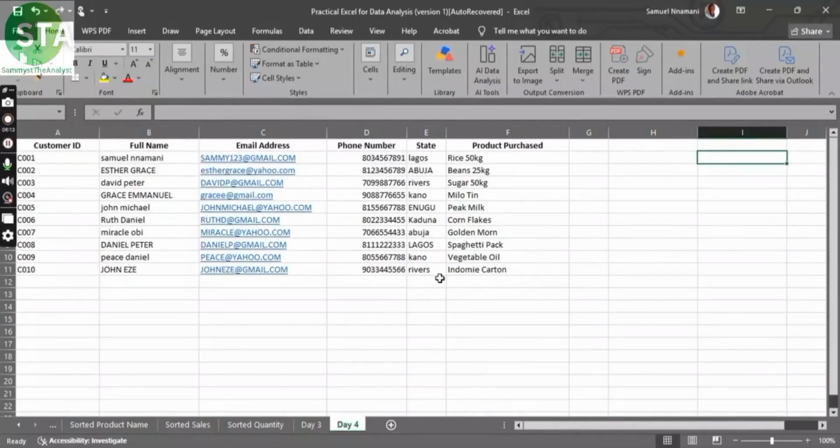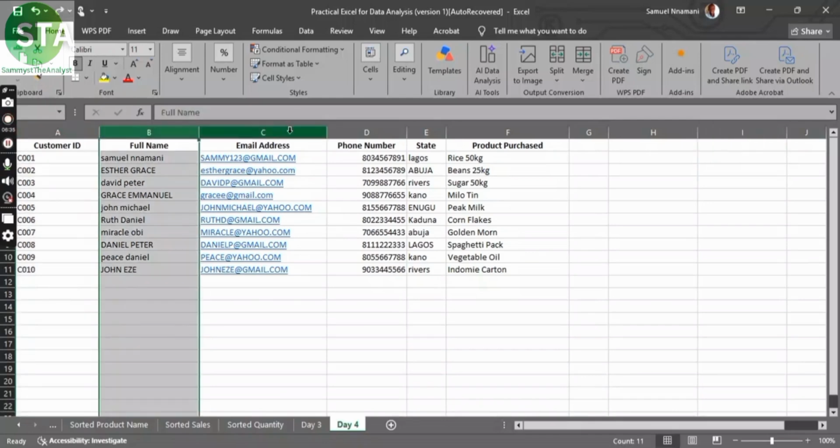All right, so here is the table. So this is the customer registration database. We have just 10 records. So this customer registration database is a database for a company, and in this you have the customer ID, you